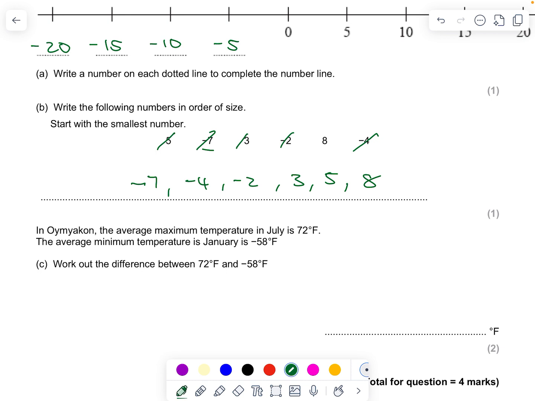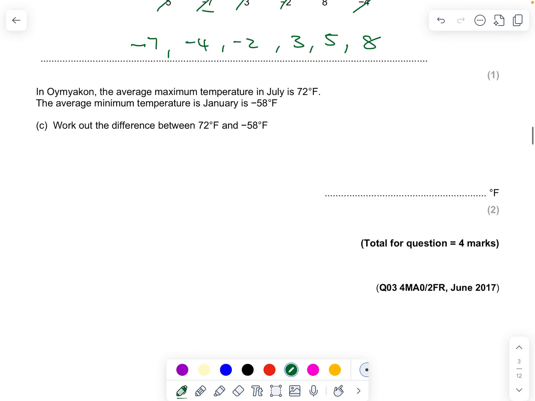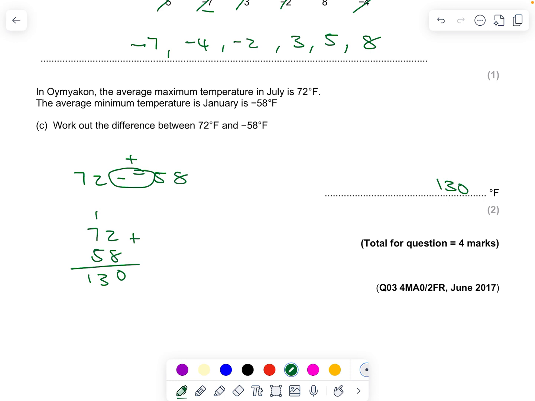Okay, work out the difference between 72 and minus 58. So it should be the biggest take away the smallest. So 72 take away minus 58. Remember, subtracting a negative number is the same as adding it. So we're going to do 72 plus 58, which is going to give us 130. So the answer is 130 degrees Fahrenheit. Next one,